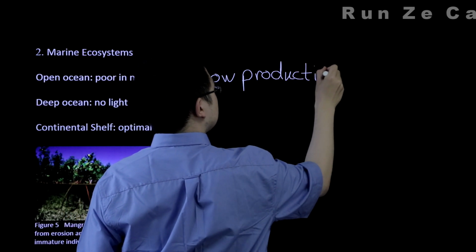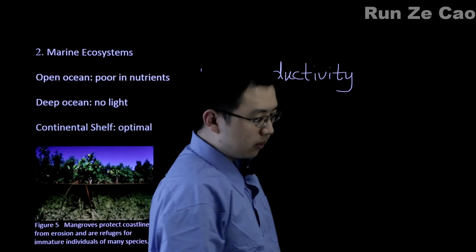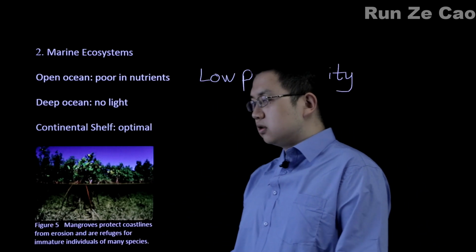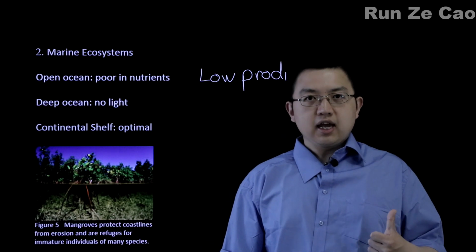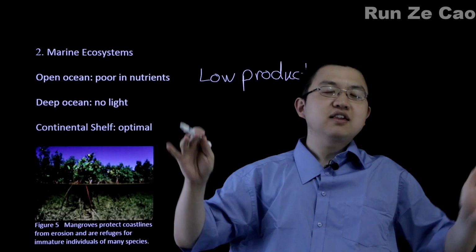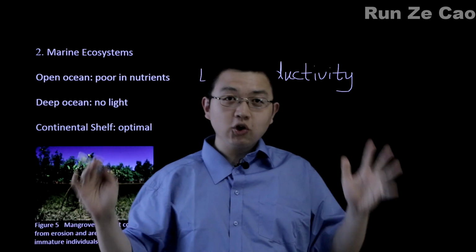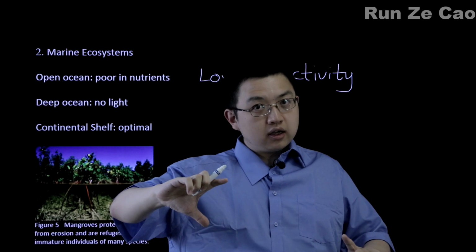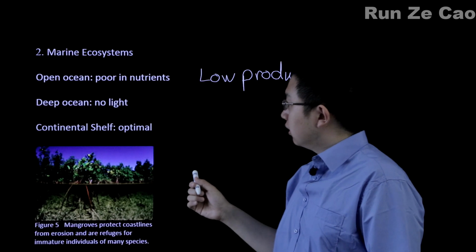Now, why is the open ocean important for life on Earth? Well, other than the fact that life on Earth is water-based and that's the biggest reservoir of water, there is also the fact that the open ocean is just so big. I mean, you might be thinking, yes, this sounds almost as obvious as saying that there is life on Earth. But the point is, the open ocean is so big that even though it has low productivity per area, it still contains a significant portion of Earth's total production.